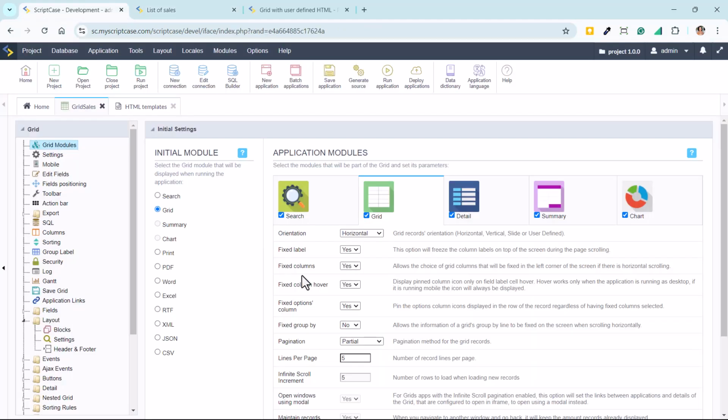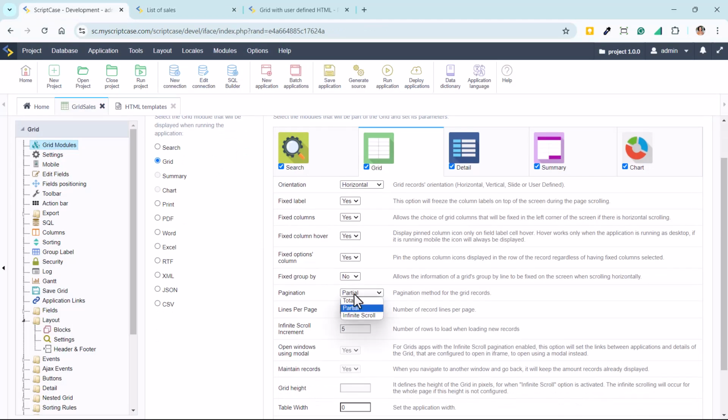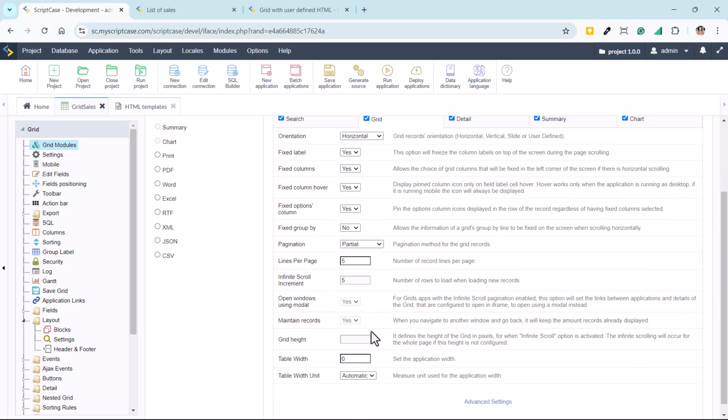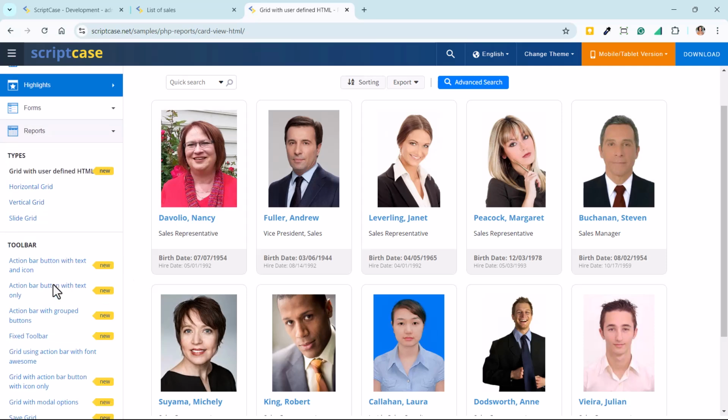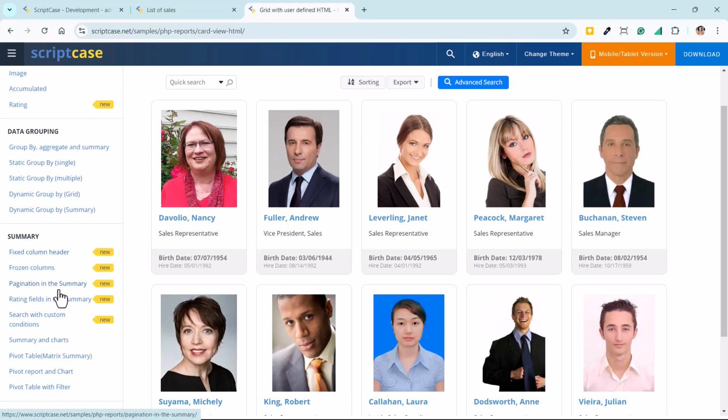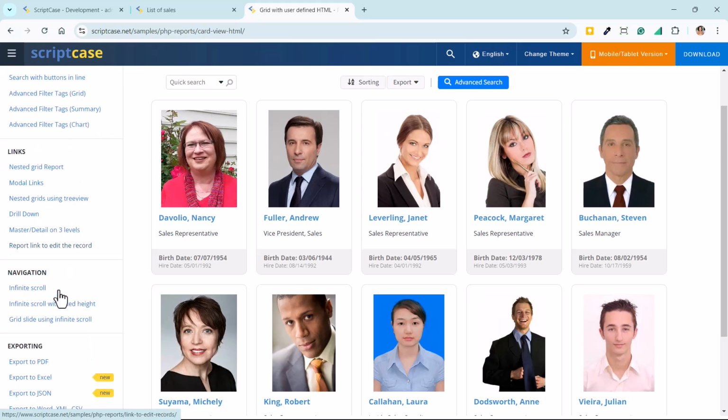Talking about pagination, you're going to have the option here to set total, partial, or infinite scroll. So you can have also this option depending on the amount of pages that you have. I can show you here examples of this type of pagination. We can go here to navigation options.